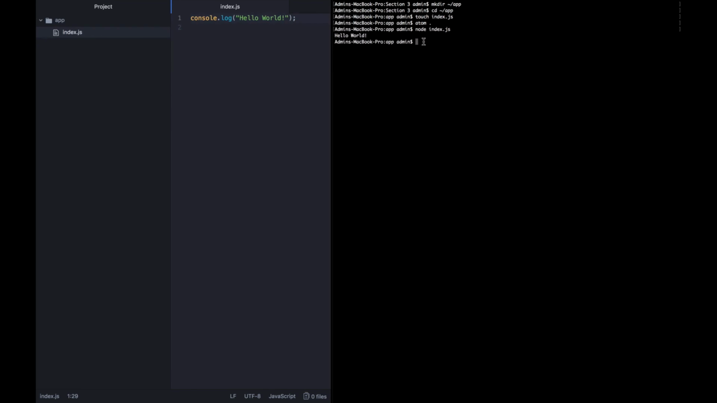Just to review what's happening and how this works, let's go ahead and show all the files in this directory. You can see that there's an index.js file that we created a minute ago inside of this directory. Inside of it is a single command, console.log hello world. We ran the command node